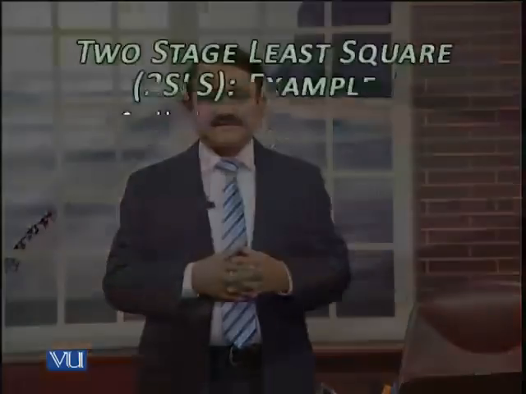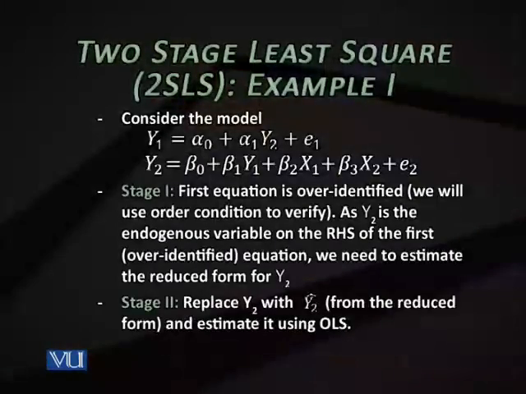So to find the values of alpha naught and alpha 1 of equation 1, you need to apply in some cases 2 stage least squares. अब ये दोनों स्टेजेस आपके सामने स्क्रीन पे एलेबोरेट की हुई हैं इस मॉडल के रेफरेंस से. पहले हमने जनरल बात की थी, अब हम इस मॉडल के रेफरेंस से बात करते हैं ताकि बिल्कुल सिचुएशन क्लियर हो जाए. अब देखें आपकी पहली इक्वेशन ओवर आइडेंटिफाइड है. So since the first equation is over identified, you want to apply 2SLS to the first equation.